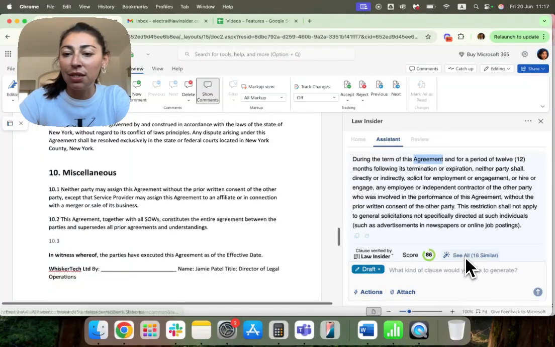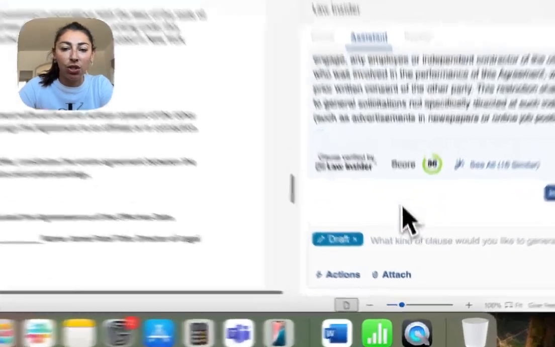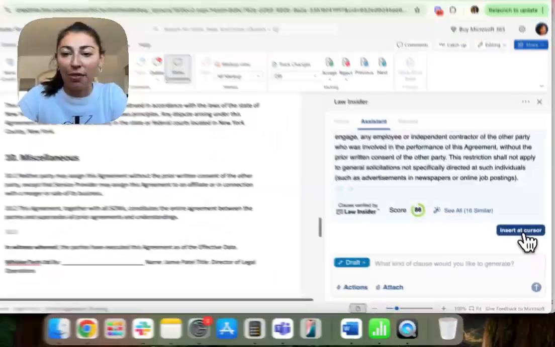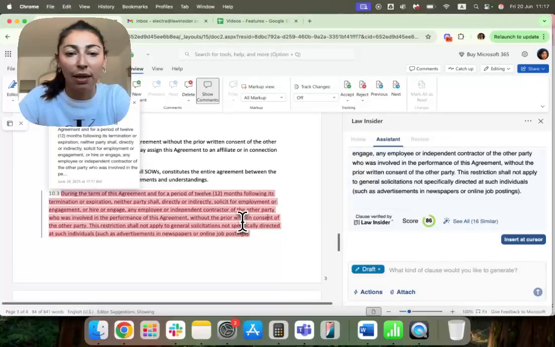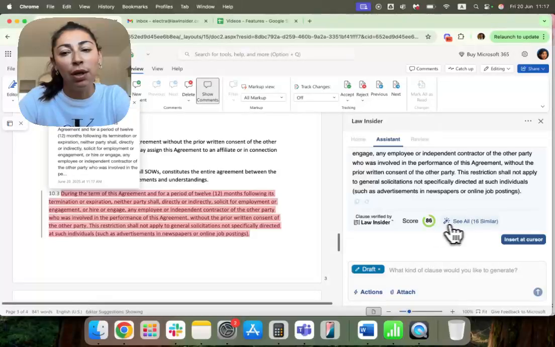Once you're happy with this, you can just insert the language at the cursor as such, and this comes in as a redline, and of course you can just amend it. But yeah, I think it's really cool that you can see the Law Insider Index score, and if you also